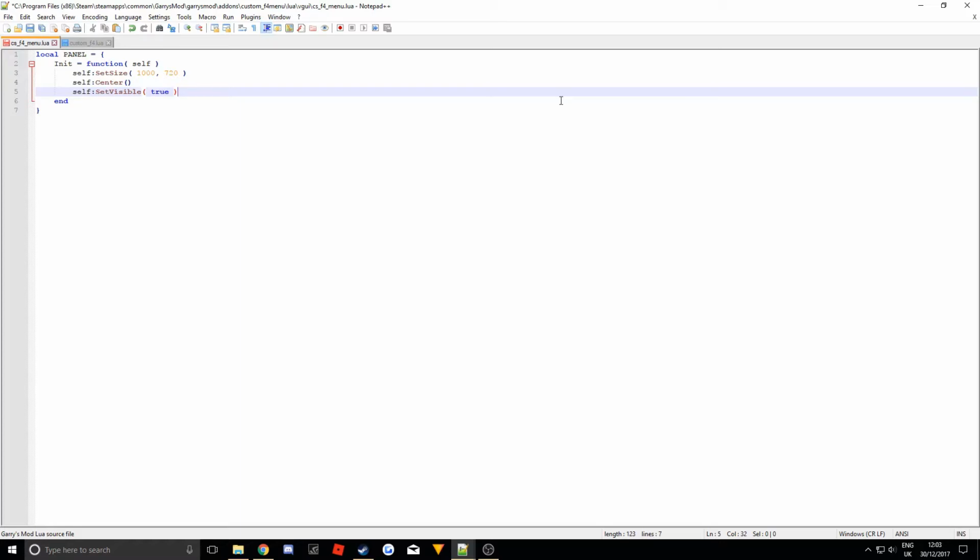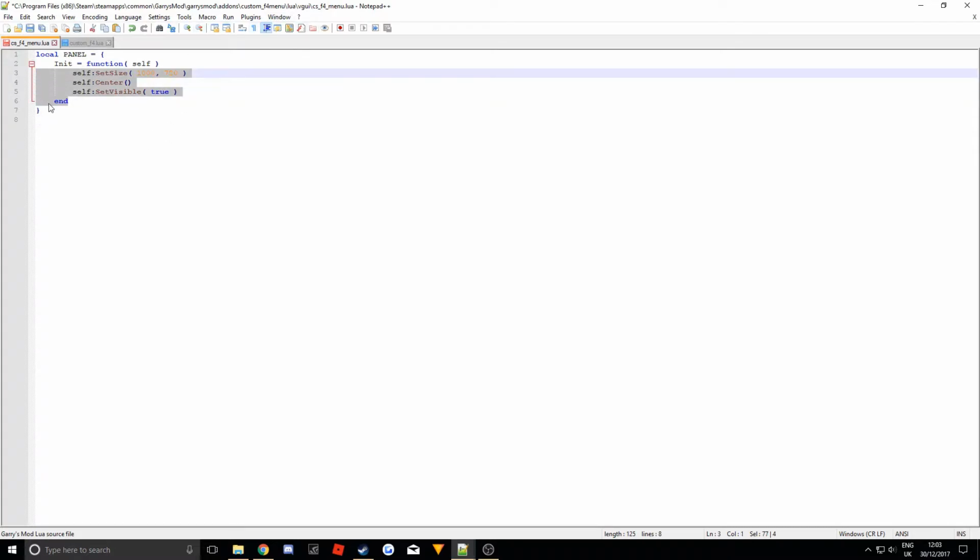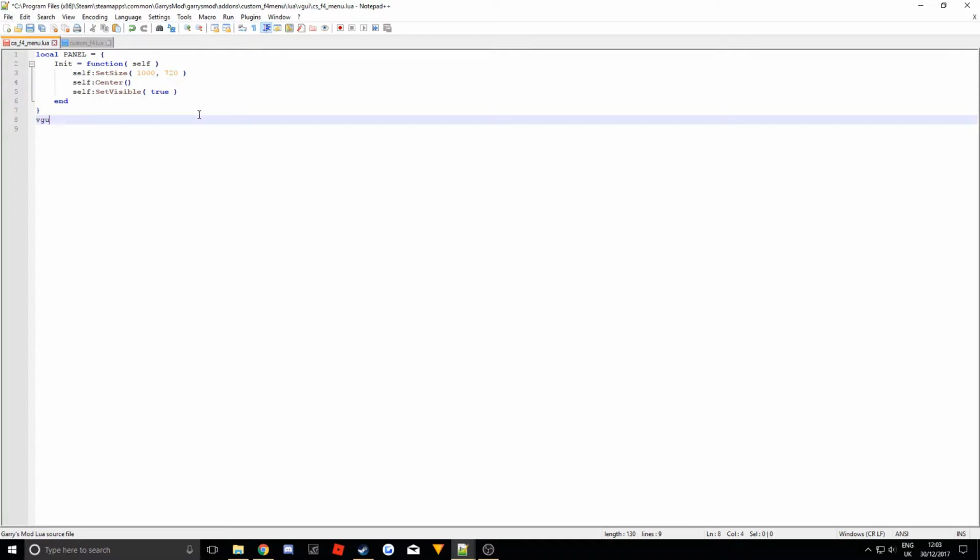And now, like I said earlier, there won't be any close buttons automatically. We're going to have to create one, but for now I'll just keep it as this so you guys can kind of see that it's the same. We've created the code, we've just not registered it in the VGUI. So we need to do